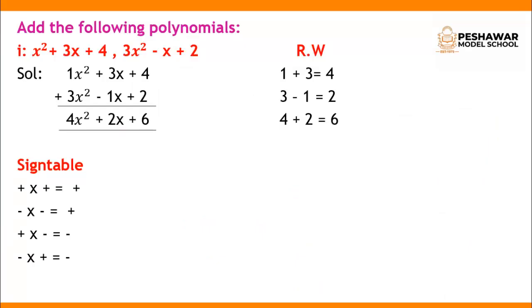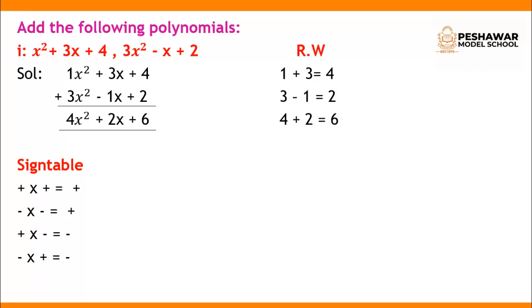Now my dear students, first of all you should know about the fundamental operations. There are 4 fundamental operations in algebra. The first one is addition, second is subtraction, third is multiplication, and the fourth is division. Now in exercise 8.2, the first question is: add the following polynomials. You know the word polynomial means an expression having many terms. As you know by the word, poly means many and nomial means term.